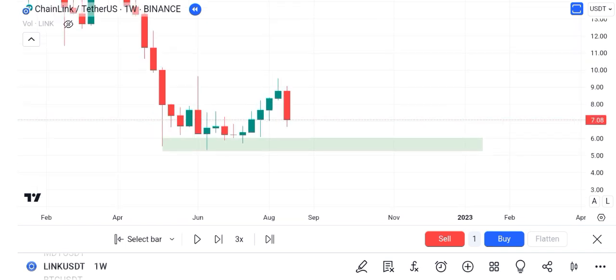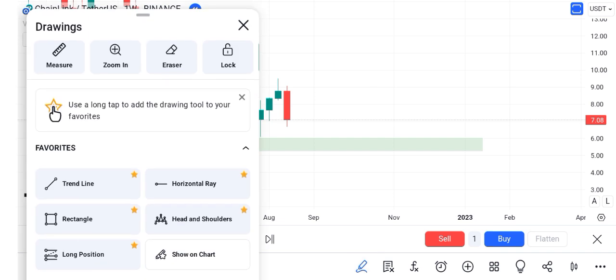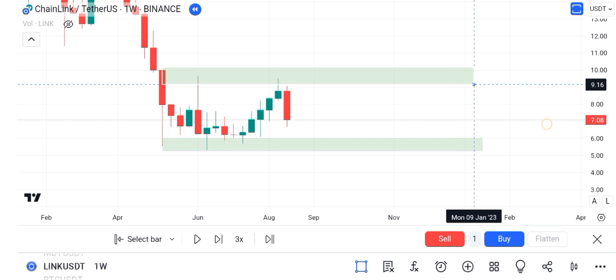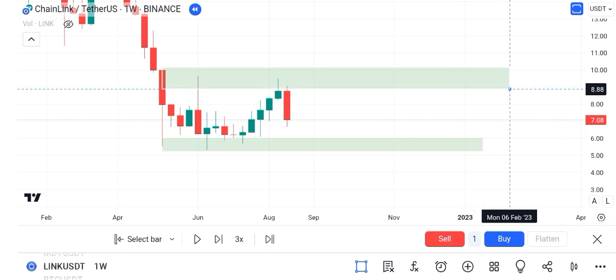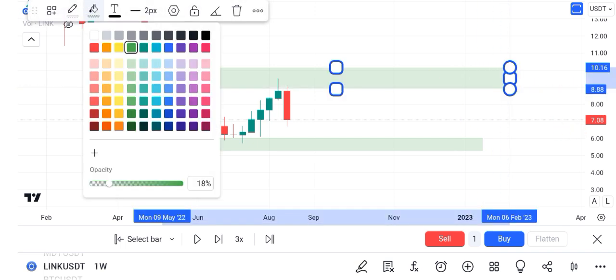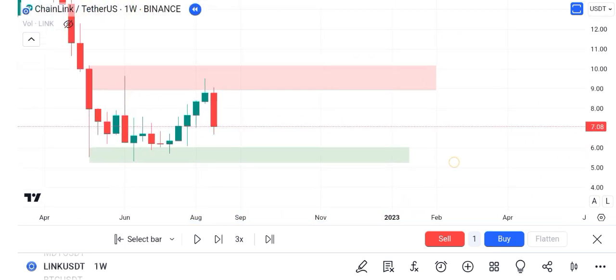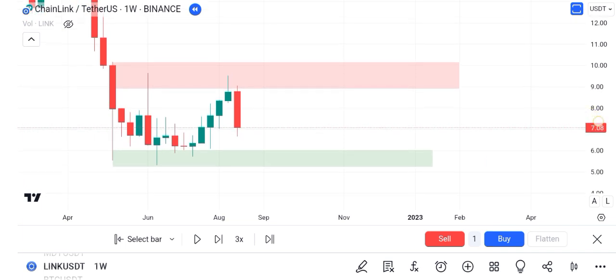Now, let's talk about resistance. A resistance is a point or a zone from where the price takes a rejection. For example, I saw that the price rejected from this point. I again saw that the price rejected from this point. So now I can mark this zone as a resistance zone, which means that the price can in the future take rejection from this point if it touches this zone, and I will change its color to red because the resistance is always red. Green means bullish momentum and increase in the price, whereas red means decrease in the price.